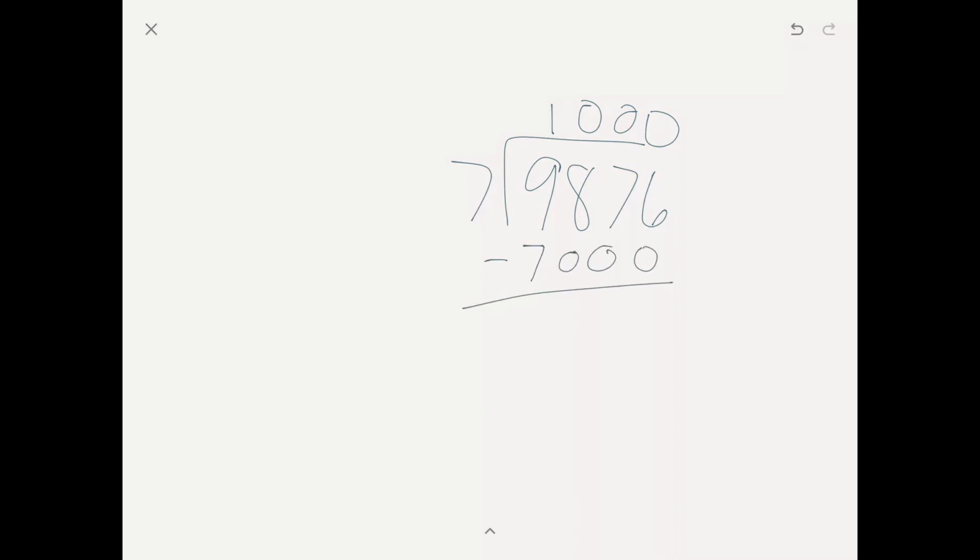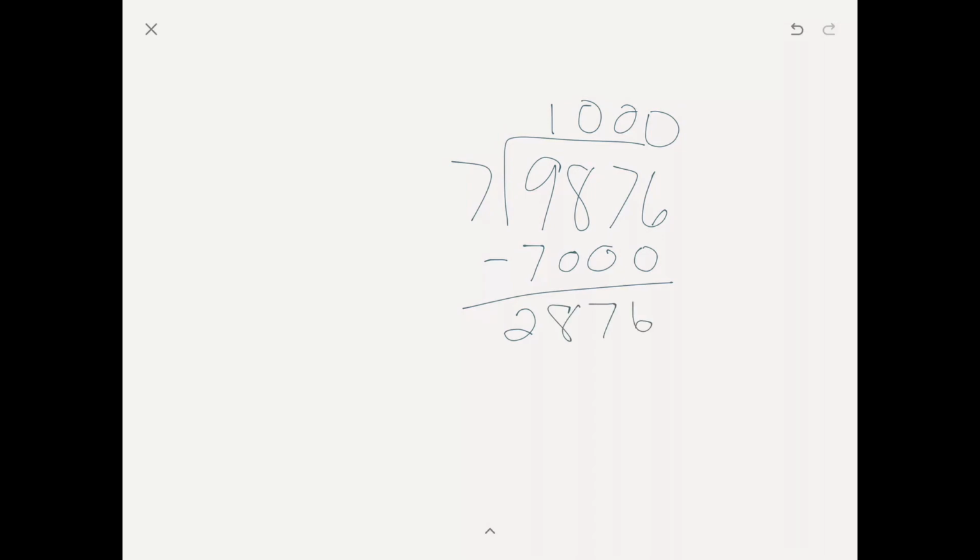Okay, so let's try 9,876 divided by 7. Now, I totally made that up, and we'll just see how it comes out. I don't even know if it's going to go evenly here. All right, so my first thought here is I need to do 7 into that 9, right? That's the traditional algorithm way. But if we're building understanding, that 9 is really 9,000. So if I have 1,000, I know that 1,000 times 7 would give me 7,000. So I'm left with